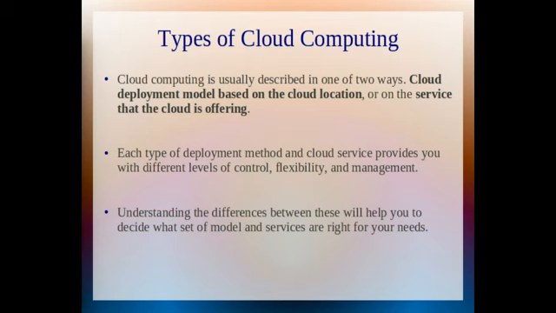Each type of deployment method and cloud service provides you with different levels of control, flexibility, and management. Understanding the differences between these will help you to decide what set of model and services are right for your needs. Based on cloud locations, we can classify cloud as